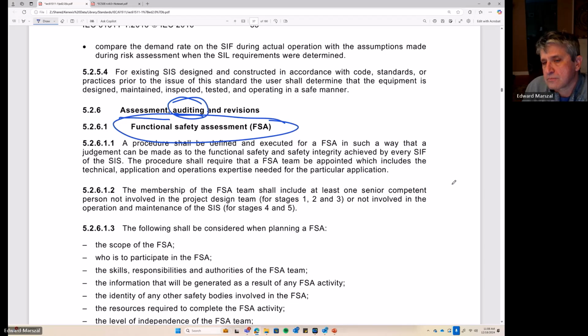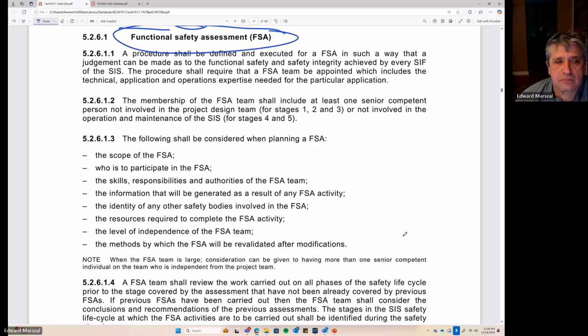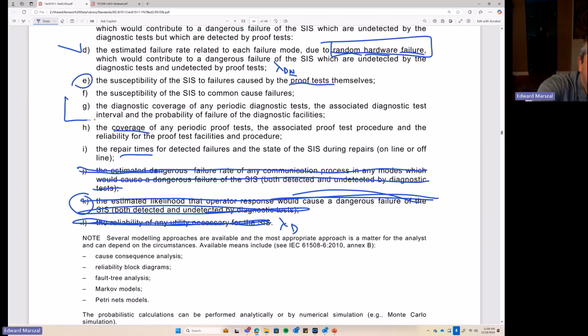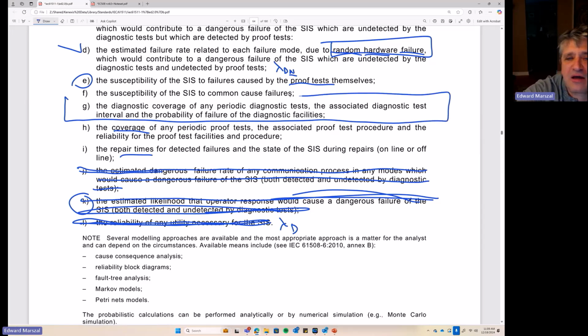Can you explain point G again? How does diagnostic test have a human interface? Okay, so clause G, again, this is something that was tossed by the committee, because they're like, well, how can a test cause a failure of the device? And how would I put numbers on that?